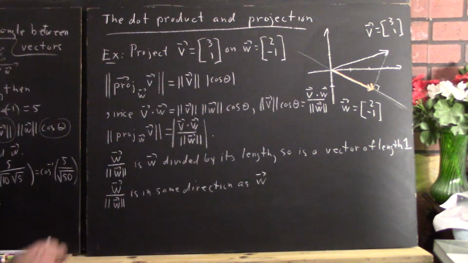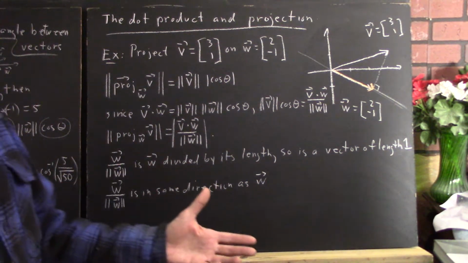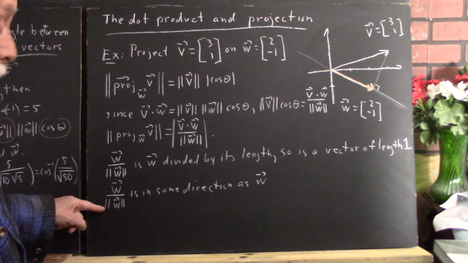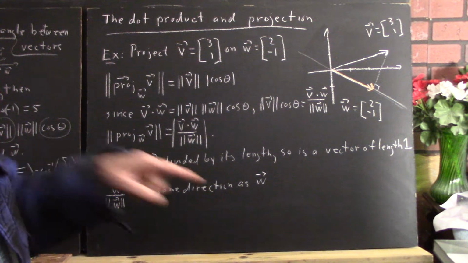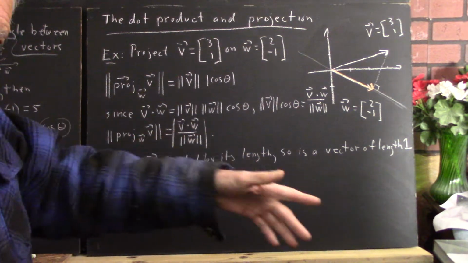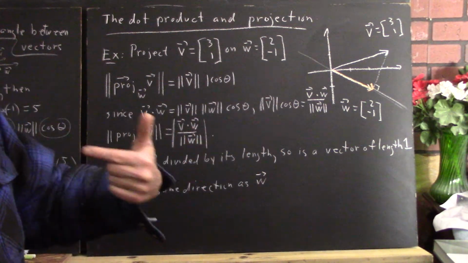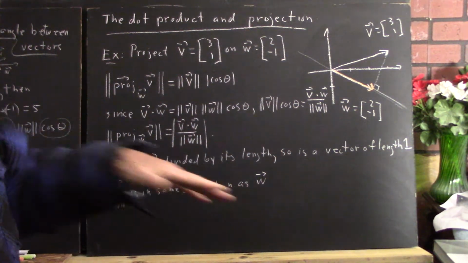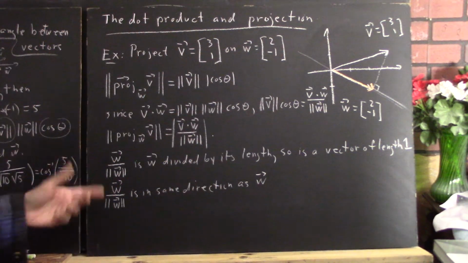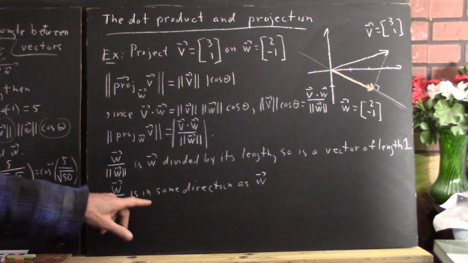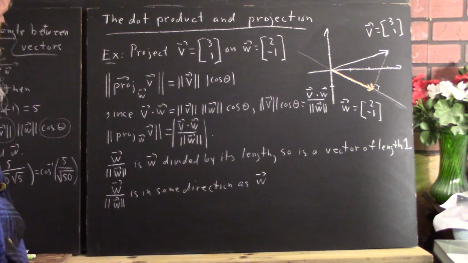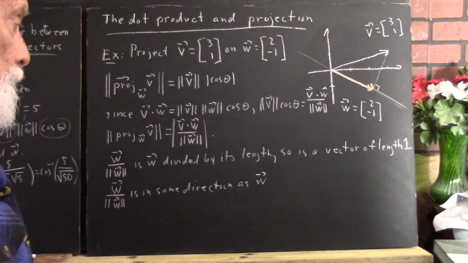Then W over magnitude of W is in the same direction as W. If you divide or multiply a vector by a positive number, you don't change its direction. If you multiply by a negative number, you don't change the line of its direction, but you reverse its direction. But the line that the vector describes is still the same. Okay, so W over magnitude of W is in the same direction as W. Okay, it follows that